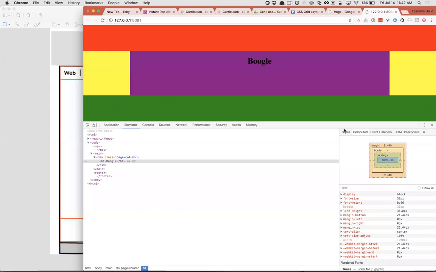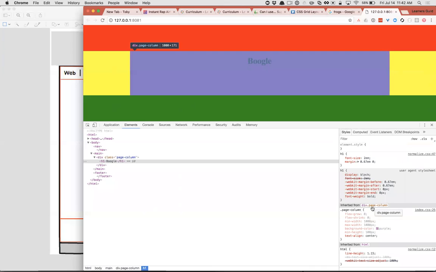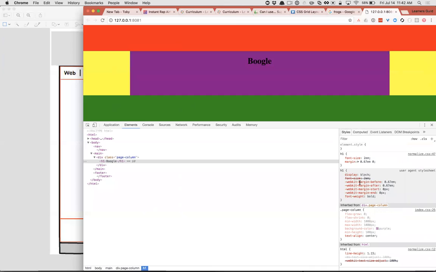Is the computed styles, and then how we got there. What was the inheritance tree? What overrode what, right? Font size 2em is being overridden by the same style, but on a different declaration, right? So you want to be able to read this to make sure that your problem isn't that you inherited some style that you just need to not inherit,